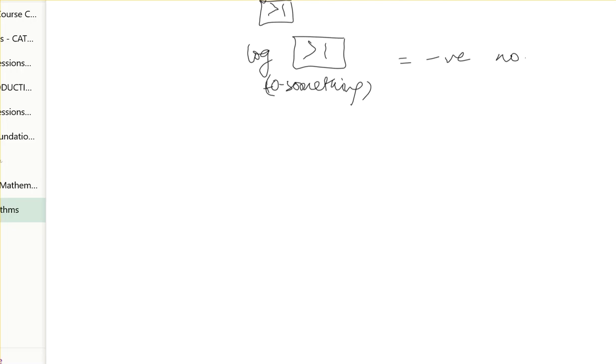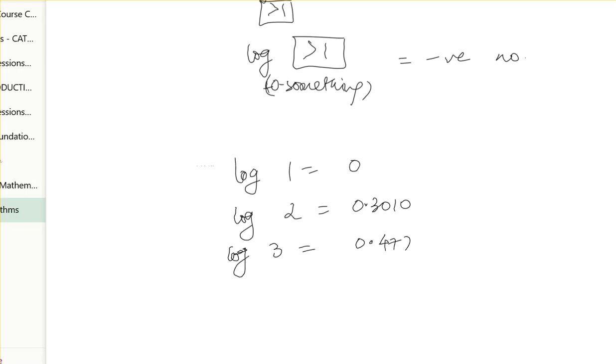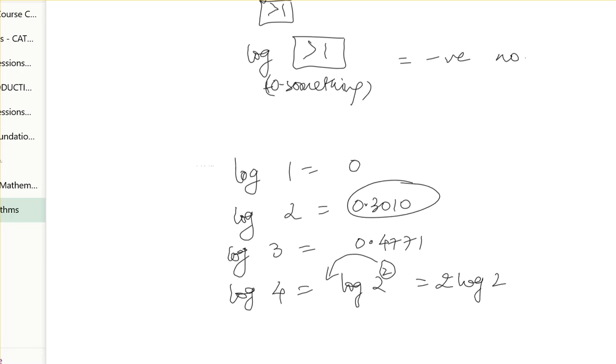Okay, so now log 0 is not defined, because 0 is not applicable in log. Log 1 is 0, log 2 I just gave you, 0.3010, log 3 is 0.4771. Log 4 I just calculated in front of you. I am repeating that log 2 squared, the 2 comes here, 2 log 2, that is 2 times this one, so it becomes